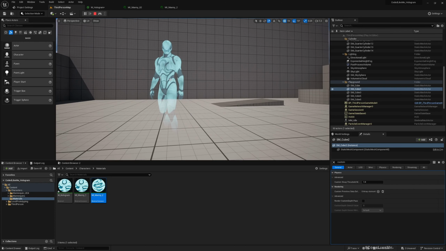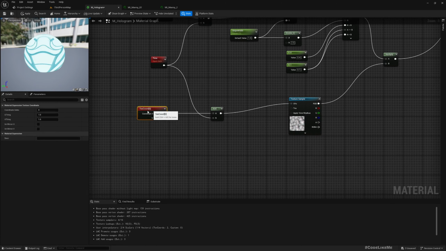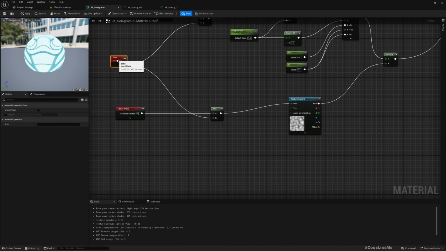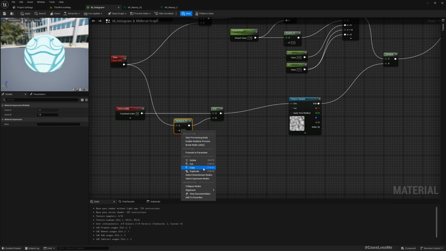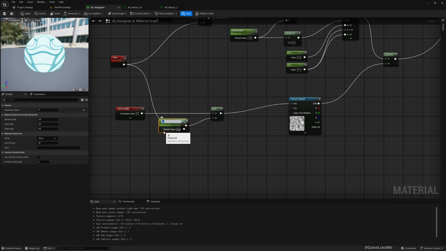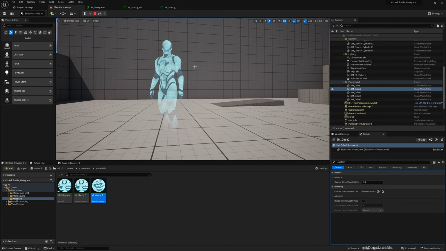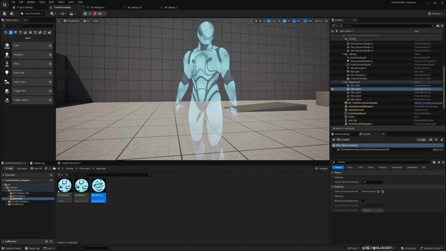Okay, this is good, but it's too fast. So we can multiply this time with, let's promote this to a parameter. I'll call it speed, and let's make it something like 0.2. Okay, that's better,